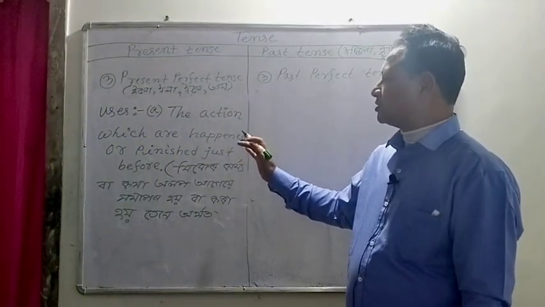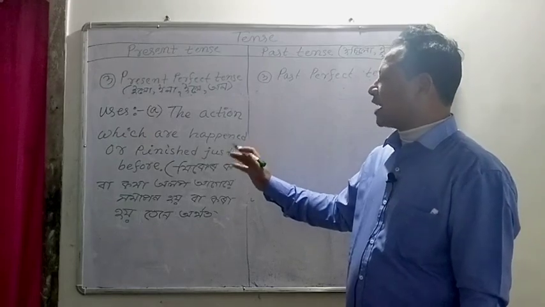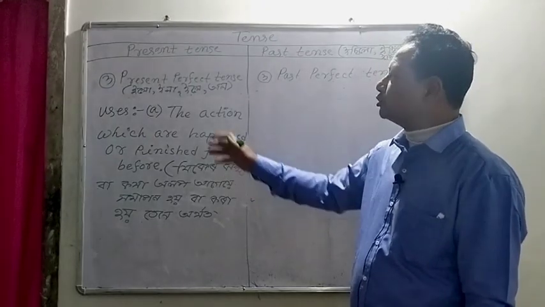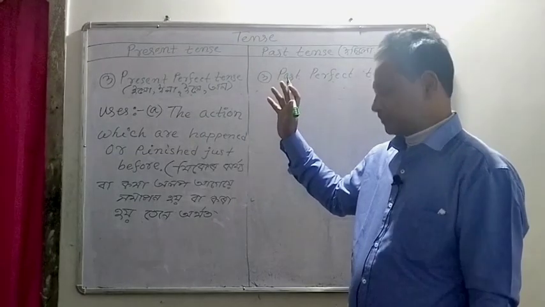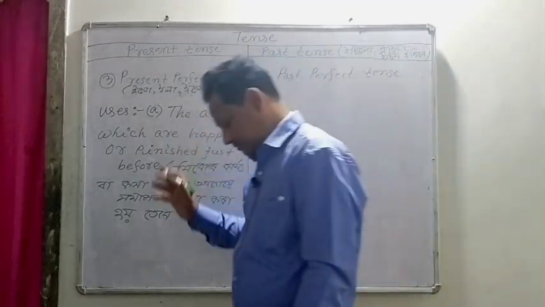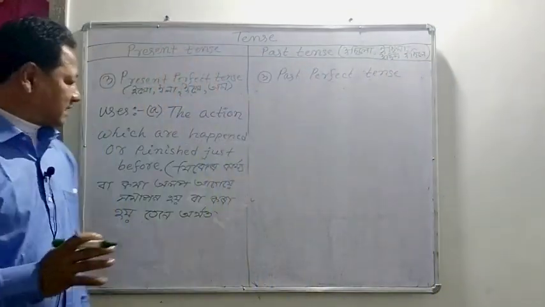So the action which happened just before or finished just before, this kind of action, this kind of meaning, you use present perfect tense. Example, the example is that